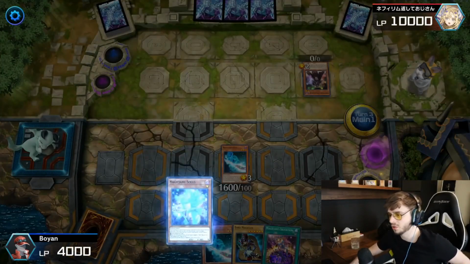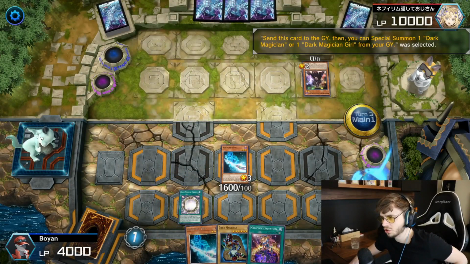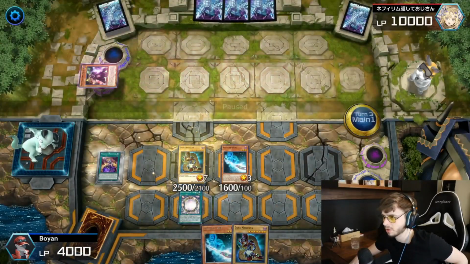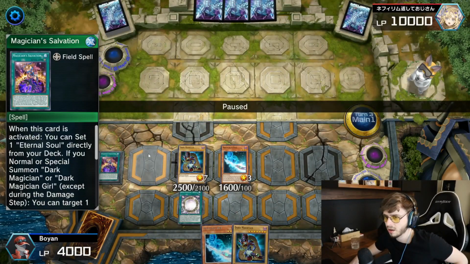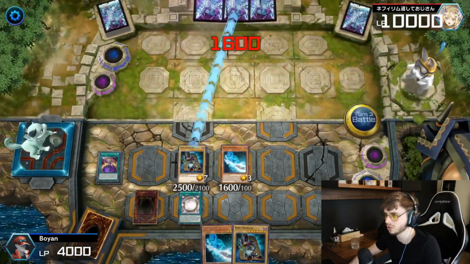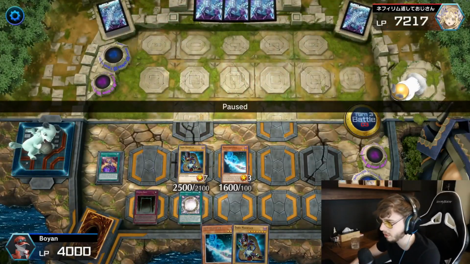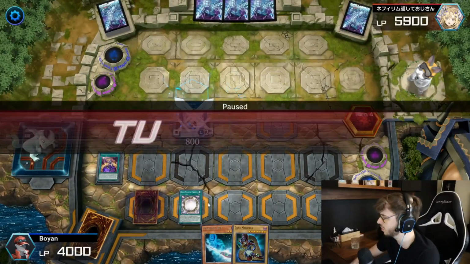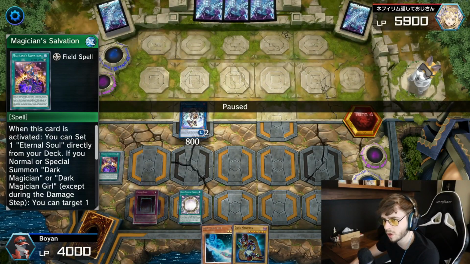And what I like to do when I have Magician's Soul and Magician's Rod on the field, and well, in this case I have Dark Magician, but if I have 2 monsters on the field and I also have Magician's Salvation plus Eternal Soul, what I like to do is go into IP right here. As you see, I go into IP, because the next turn I can actually summon 2 monsters and I can